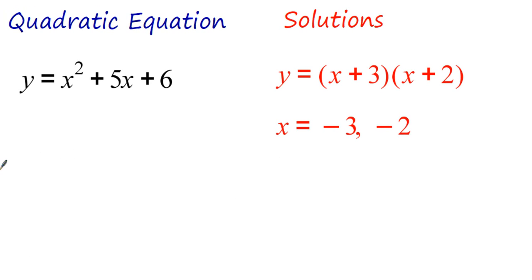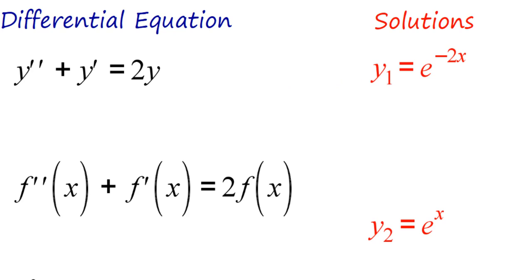And just like in a quadratic equation, y equals x squared plus 5x plus 6, we know what a quadratic equation is. Now we're trying to determine what a differential equation is. Well, there are solutions to this quadratic equation, aren't there? We can factor it: y equals x plus 3 times x plus 2, which means x is equal to negative 3 and negative 2. Those are our solutions to our quadratic equation,